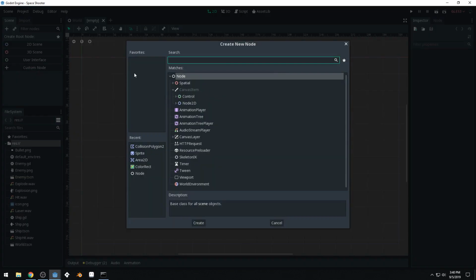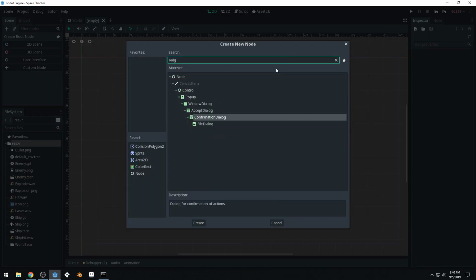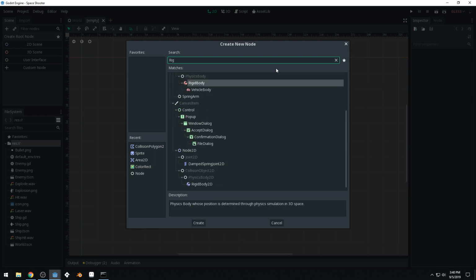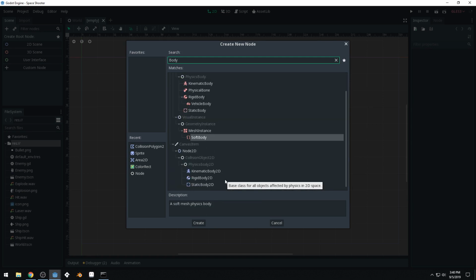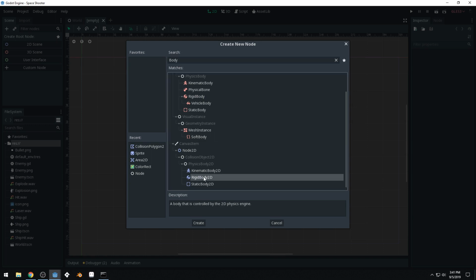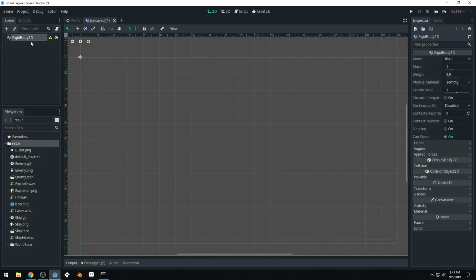We'll create a new custom node, and you can search up rigid body, and we'll want to do RigidBody2D, and there's a lot of different body type nodes. You can see we've got kinematic and static and rigid, and we'll be talking about kinematic and static bodies in later lectures, but now is a good time to cover rigid bodies. So let's create this. We'll call it